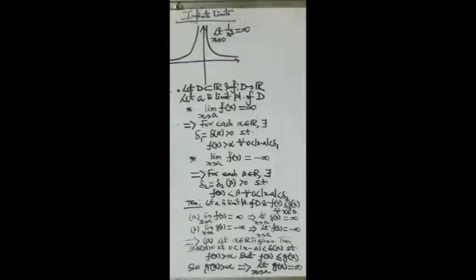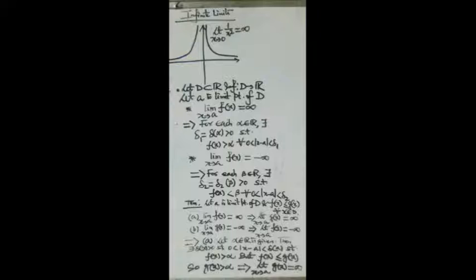Now I will discuss infinite limits. That means what will happen if the limit is infinite. We know that the limit as x tends to 0 of 1 by x square is infinity. The graph has been shown here. So I will try to explain a theorem which states the condition for when a limit will be infinite.